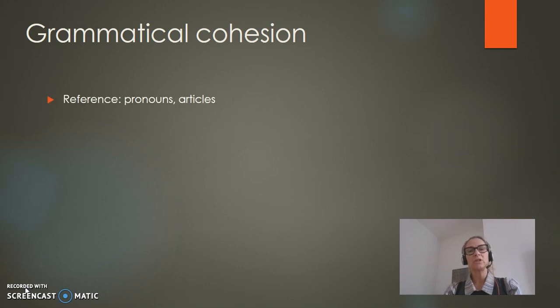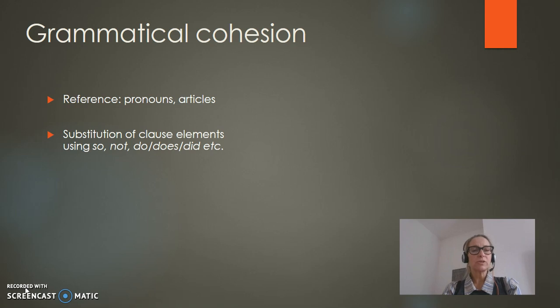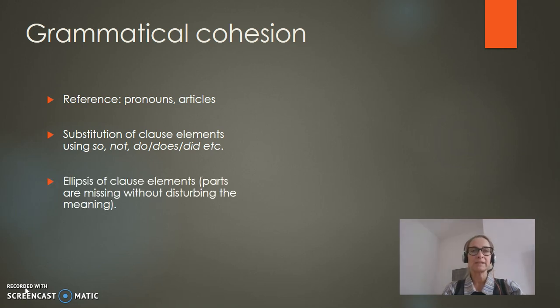For example, using reference through the use of pronouns and the use of articles. I'll show you an example of this in a minute. You can also substitute clause elements using words like so, not, do, does, or did, which contributes to the condensation of a text or the meaning of a text. You can also use ellipsis of clause elements, or leaving out clause elements, and